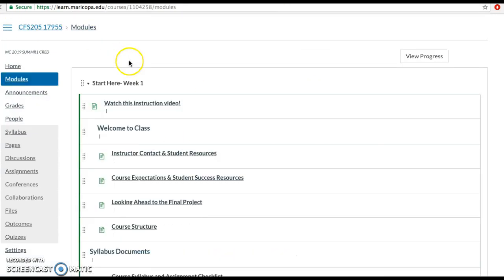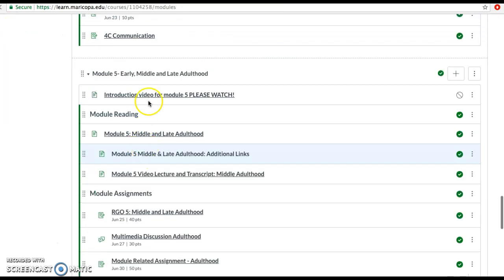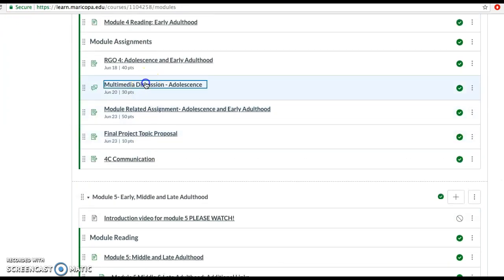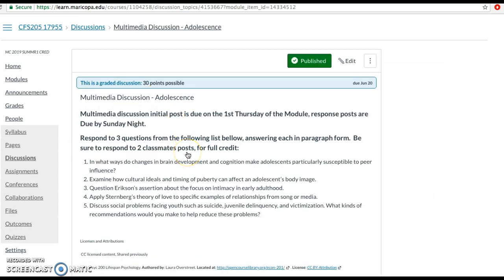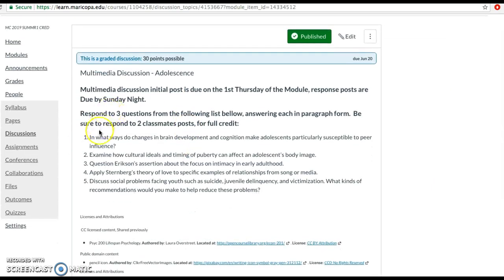And as we jump back, we're going to take a look at our multimedia discussion. This week, you are to choose 3 of the 5 questions to discuss. So you can break it down, question 1, question 2, question 3, or just write it in one big long paragraph form, however you feel most comfortable. And so choose any of these 3, and they do direct back to the material this week to respond to.